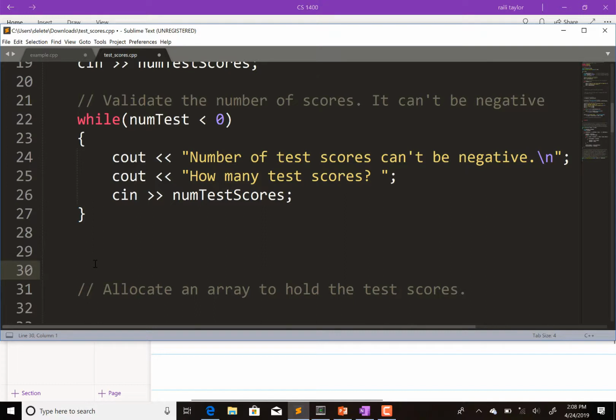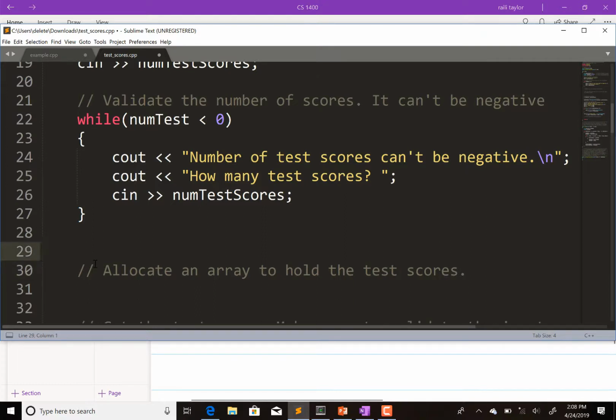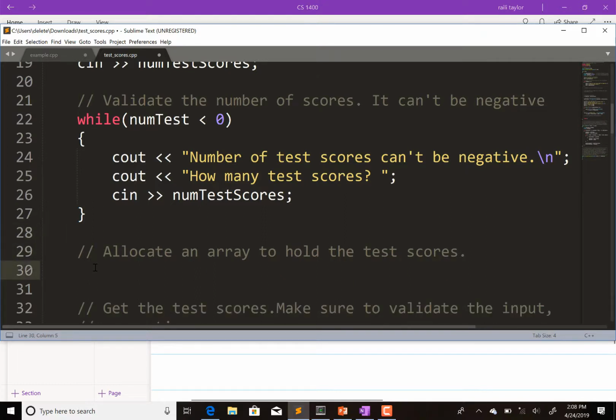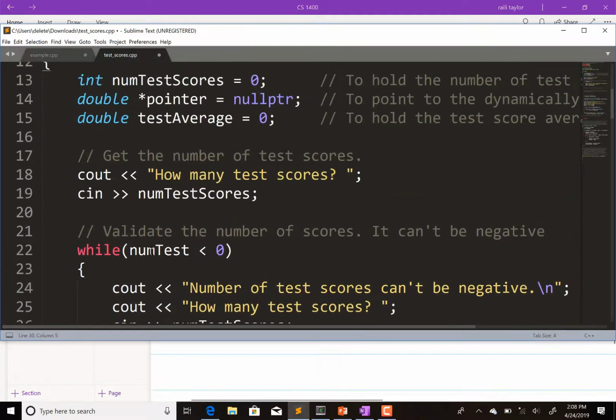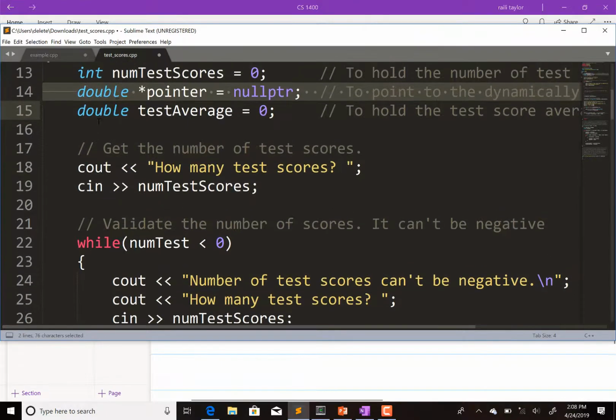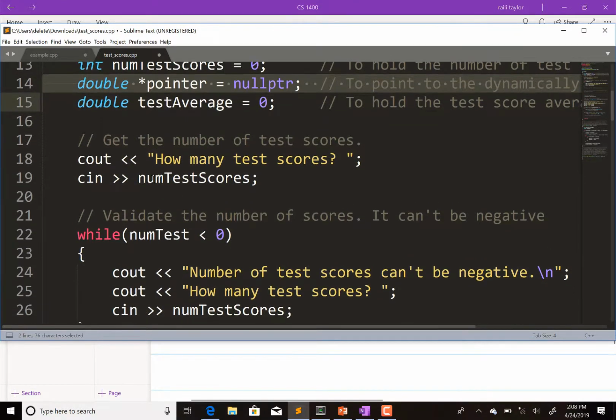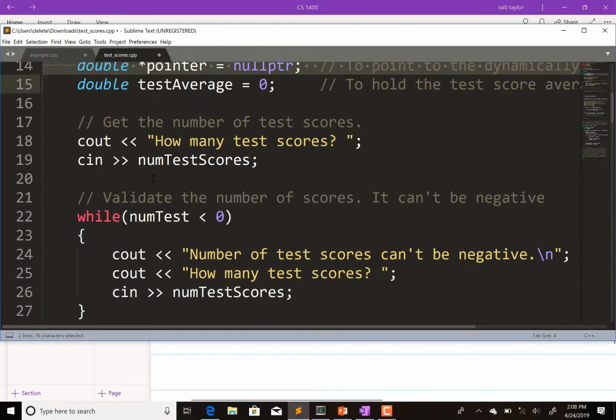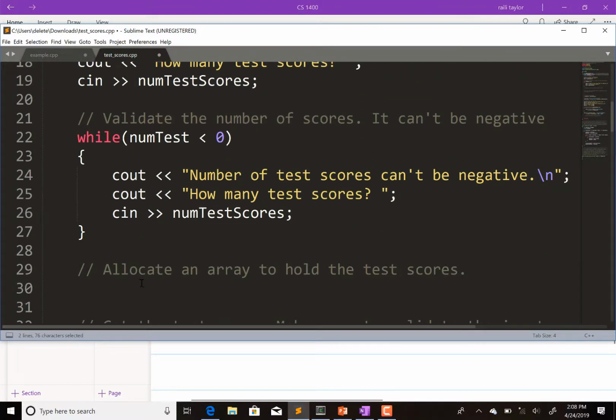Okay, so now allocate an array to hold the test scores. So this is what we learned today. What did we call our pointer? So we just call the pointer pointer. Star pointer. But we've already. Right, double star pointer. Yeah, but we've already declared that. So we can just say,